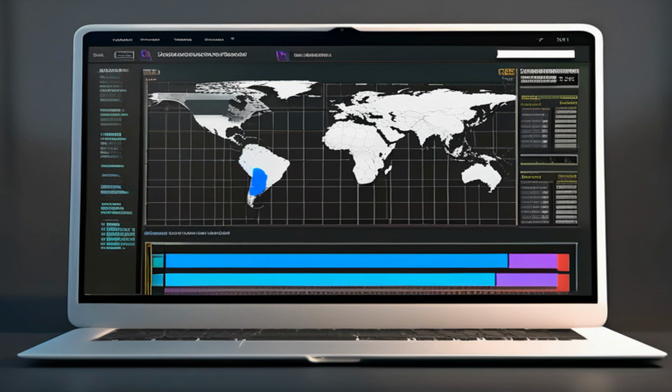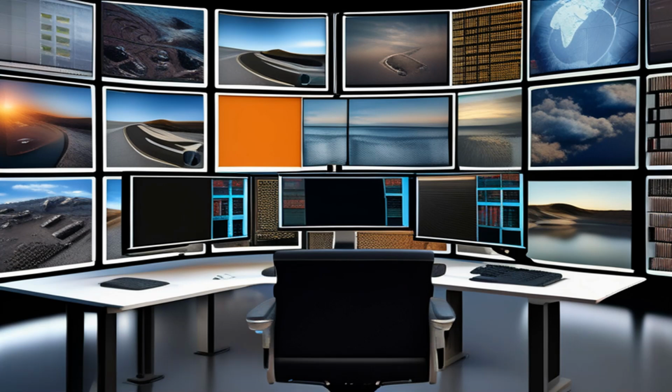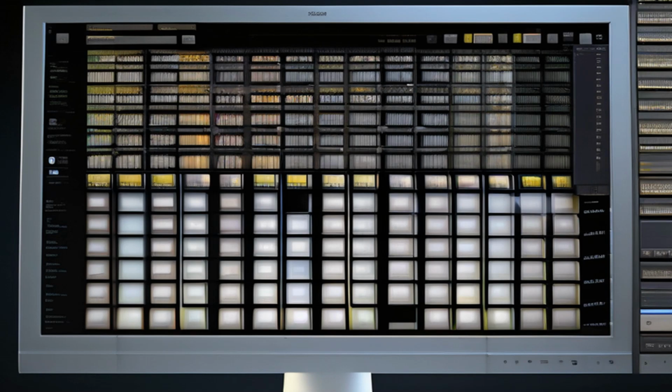Next up, here's something that's been overdue for almost 3 decades. As reported by OMG Ubuntu, the GIMP development team has finally started working on a brand new project file format. Now, GIMP has relied on the XCF binary format since 1997. That's nearly 30 years. And while XCF has been faithful, the team has discovered it's hitting its limits with modern,